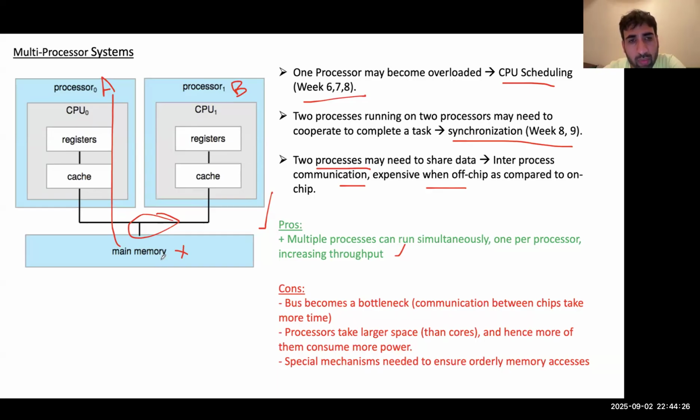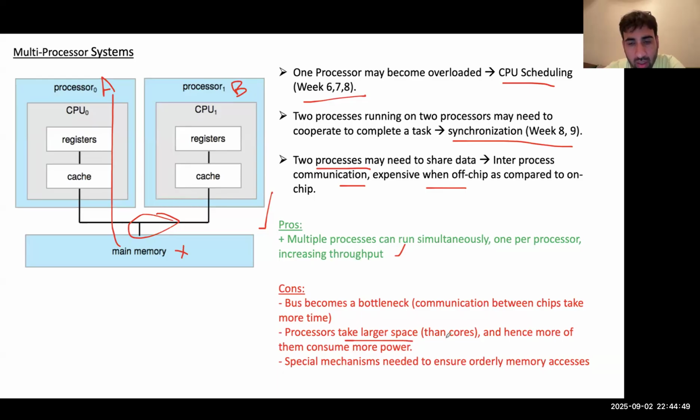Also, if we compare this with a single processor system, what is different is that we are replicating the processors. In the previous single processor design, we had a single processor connected with the main memory. Now we are replicating the processors, it can be 2, 4, 8, and so on, right? But